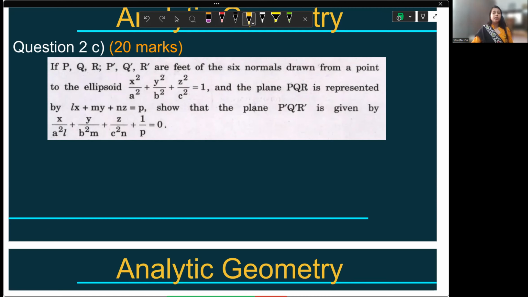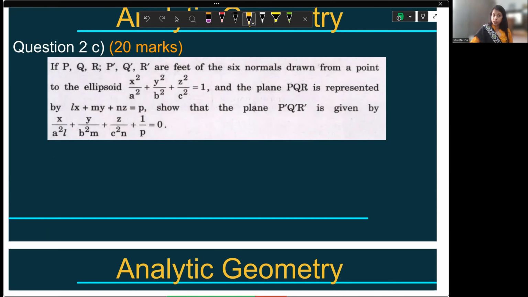If P, Q, R, P dash, Q dash, R dash are the feet of the 6 normals drawn from a point to the ellipsoid, and the plane PQR is represented by this, show that the plane P dash, Q dash, R dash is given by this plane. So what's happening here is,